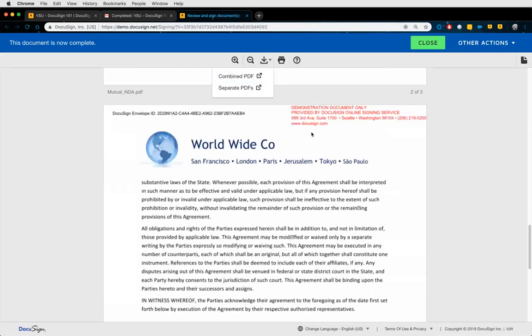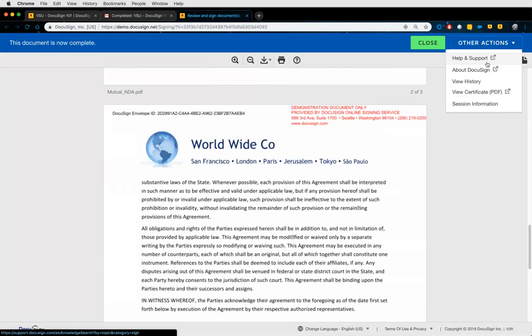The other thing I like to just show you is the certificate of completion. So as a best practice, anytime an envelope is completed and you want to save a copy of the final document back to your system, always also download the certificate of completion. And I'll show you a different way to get to it, but I just want to show you what it is first. But if I come up here to Actions and View Certificate,